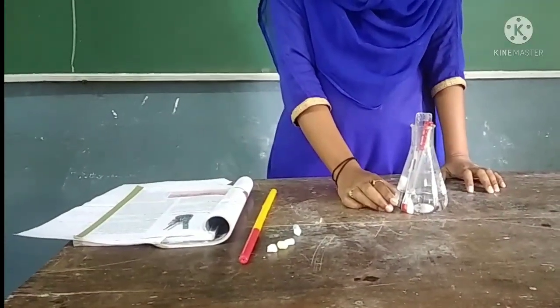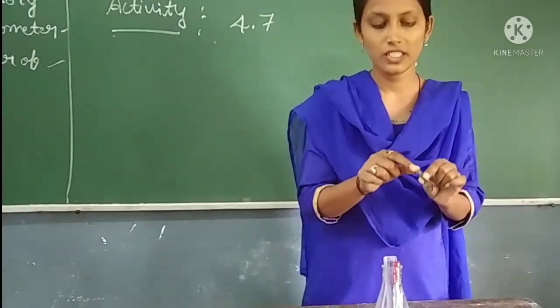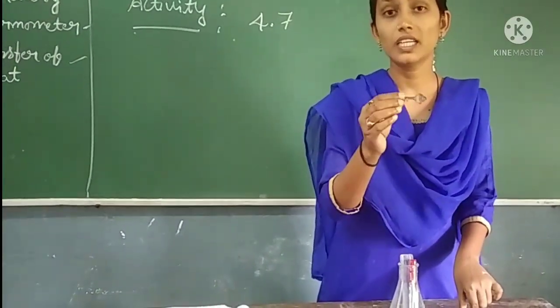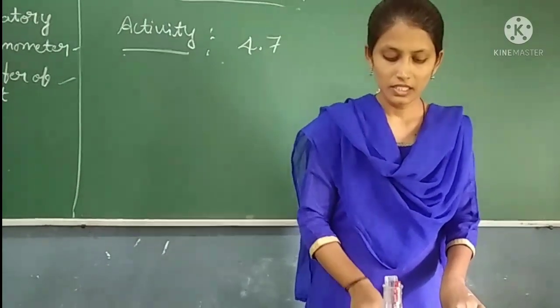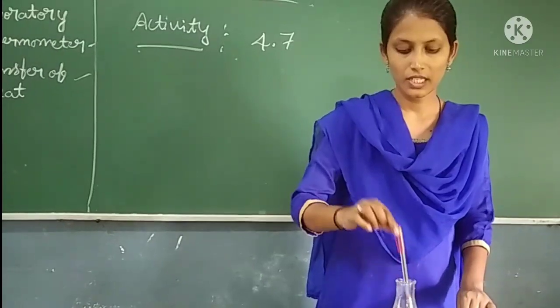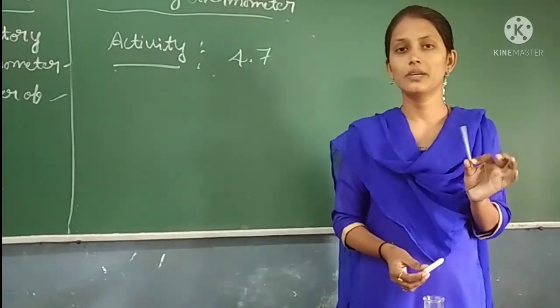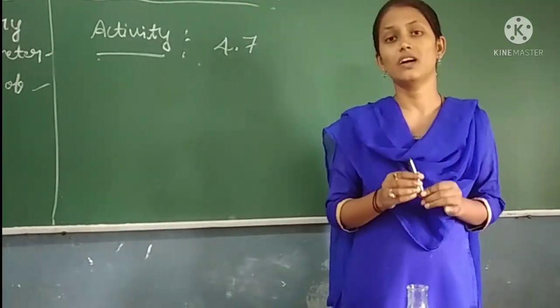Wait for a few minutes. Touch one end of the material. Here I have touched one end of the key. Here the key becomes hot. And the scale, it does not become hot. With that the pen also does not become hot. And this pencil also doesn't become hot. Then what are we calling these objects?